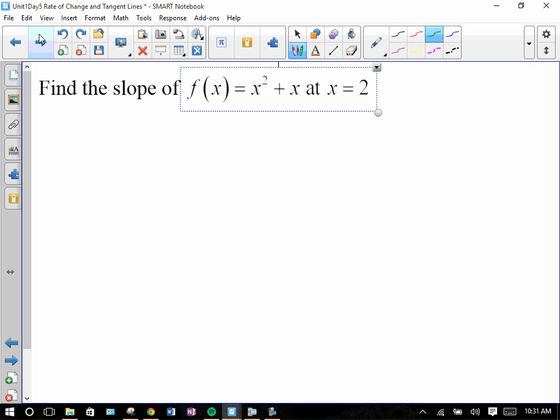So, how do we do this? Well, first of all, we have the point x equals 2, right? So what we need to find is the slope, which is equal to the limit as x approaches,